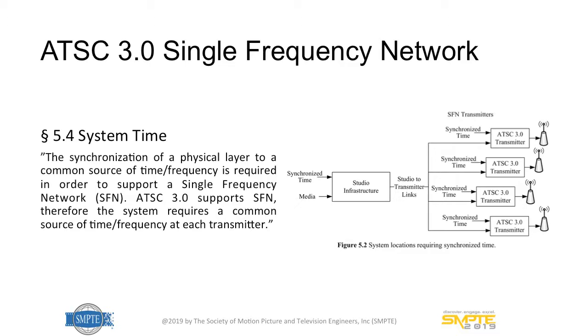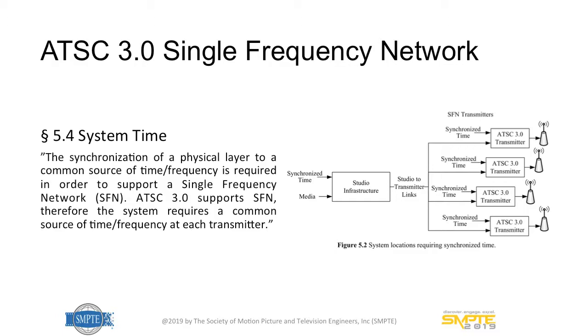So the receiver is not able to distinguish this from the scenario where you actually have multiple transmitters sending the same symbols at the same time, more or less, and on the same frequency. So they will now support each other in a constructive interference. And this is a wonderful thing because you can drop transmitters in to fill in without requiring additional frequencies. So this is a good thing.